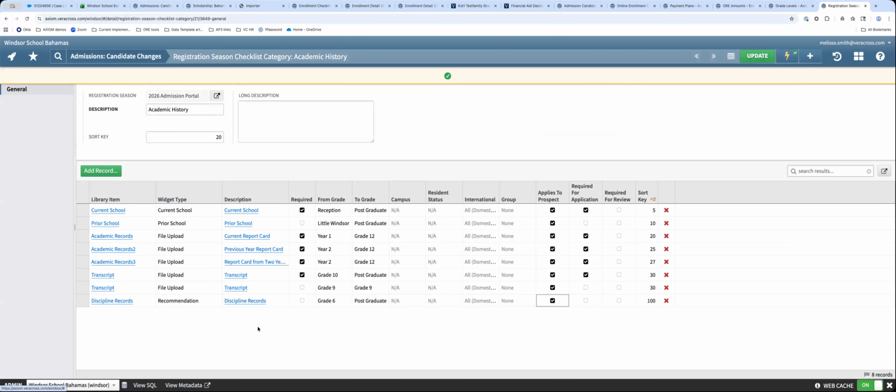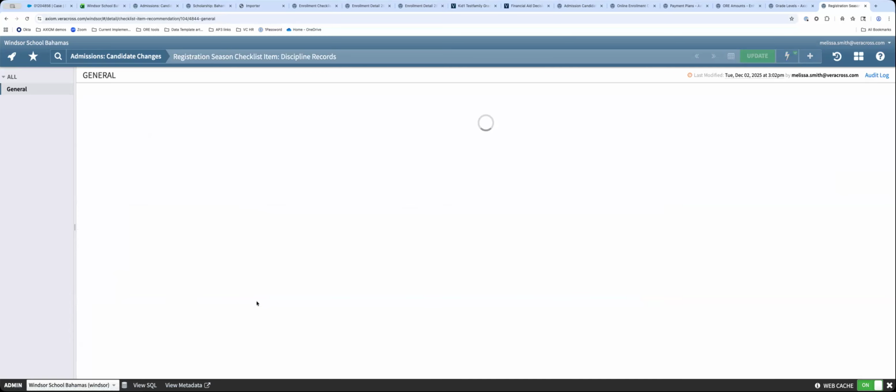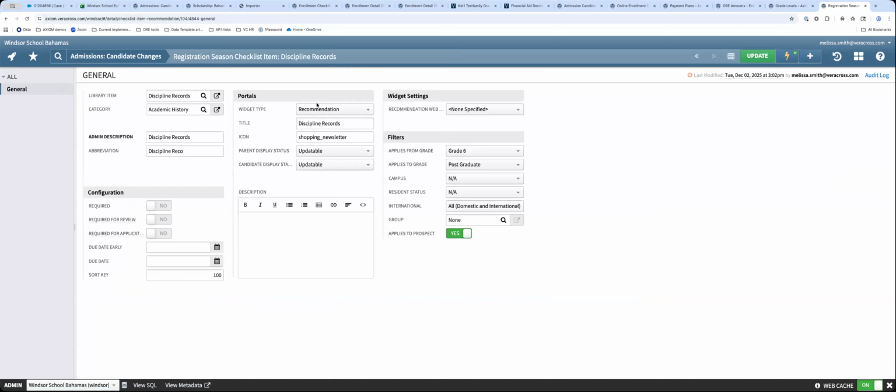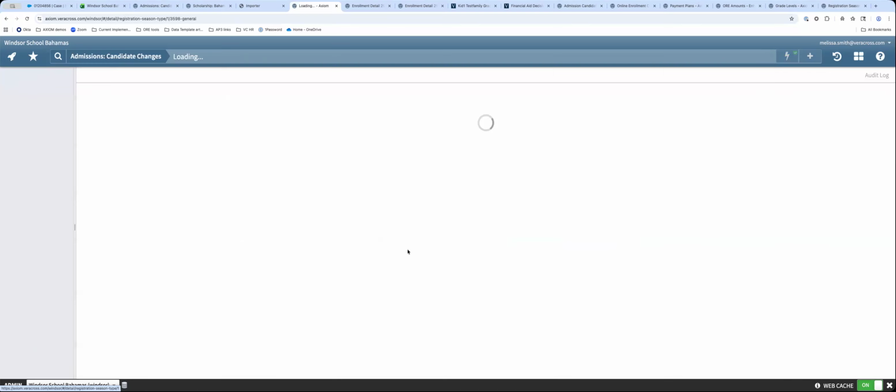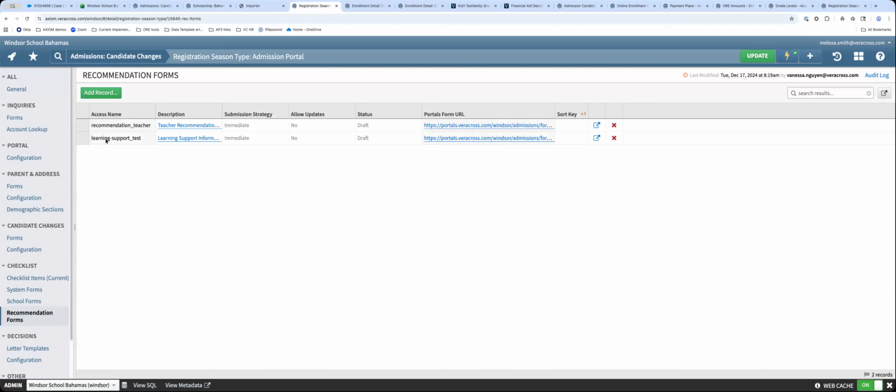Yep. Okay. So then discipline records, and we would be hacking the recommendation workflow, right? Yep. So if we open up this checklist item, you're going to see that since we said to the system we want to use the recommendation widget type, it's going to go, cool, which form should I use? So we need to go build a form to tie to this checklist item so that it does all the right things. So let's go to our admission candidate changes, admission portal, recommendation forms,